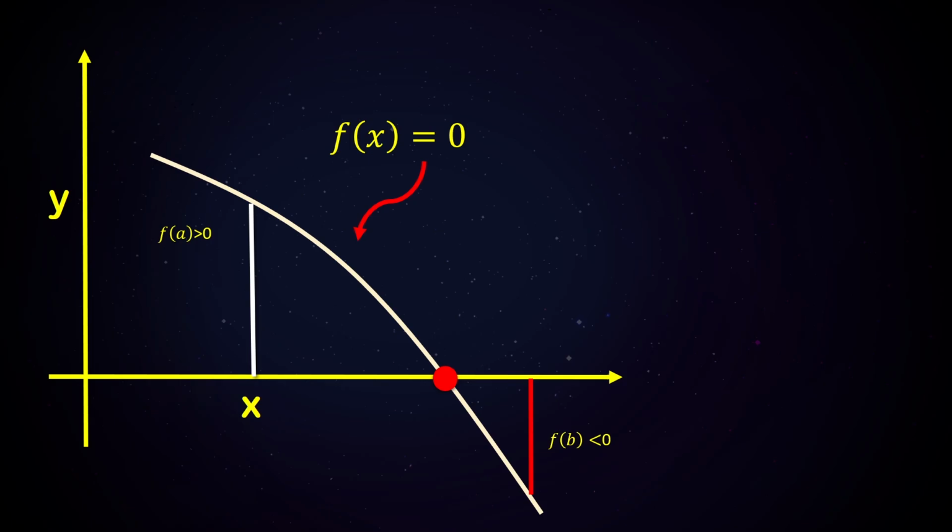Now we can safely say that in this interval the function crosses zero. If we keep dividing that interval into halves until we get very close to it,